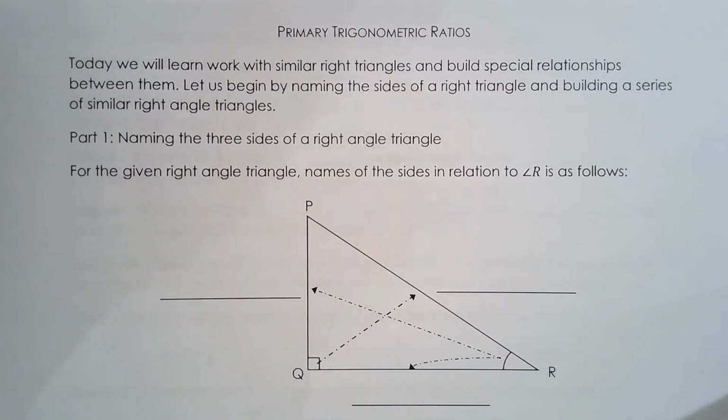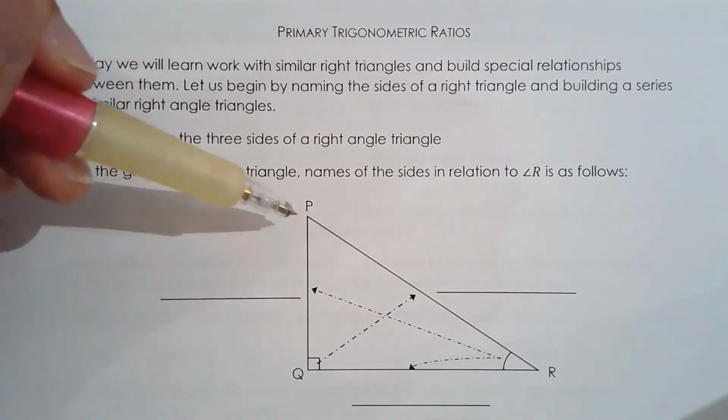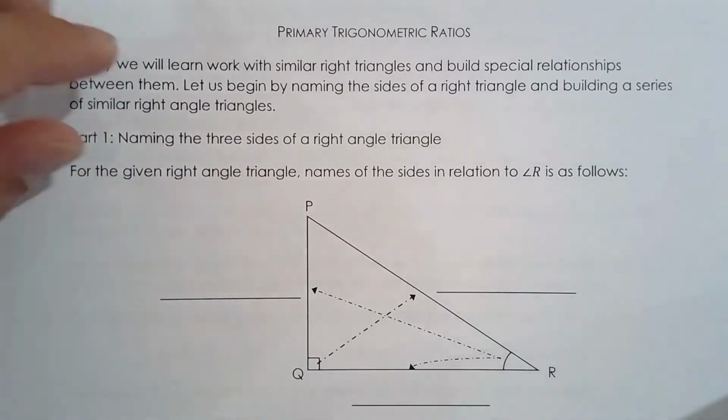We talked about how to prove two triangles are similar to one another. We talked about how corresponding sides of similar triangles are proportional. We talked about the relationship between the areas of similar triangles. So with all that strong foundation with respect to similar triangles, I really think we are ready to talk about primary trig ratios. Now, before we talk about primary trig ratios, let's just look at this beautiful right triangle here,